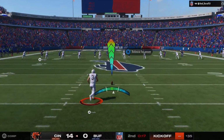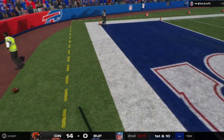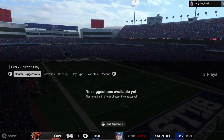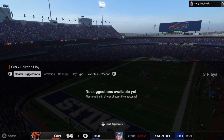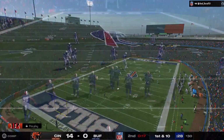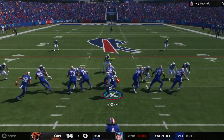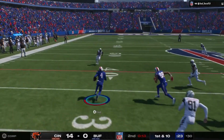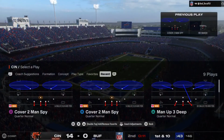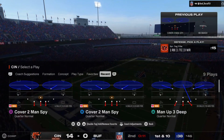So not much time to speak of remaining in this first half as the kick's away. And no chance to see a return on the dynamic kickoff. They'll move this out to the 30-yard line. Buffalo offense ready to go for their next drive. And with time quickly fading here in the second quarter, not sure how aggressively, offensively they want to play this. I think we'll find out just how much they trust their guys in this situation if they decide to take a shot. Now the Bills will use the second of their timeouts as they stop it with 11 seconds remaining